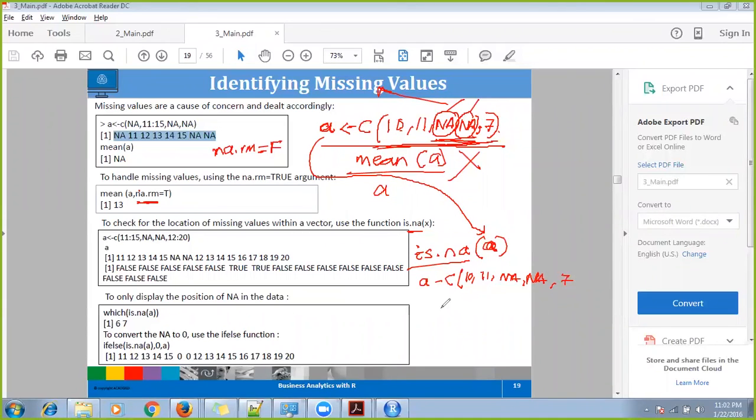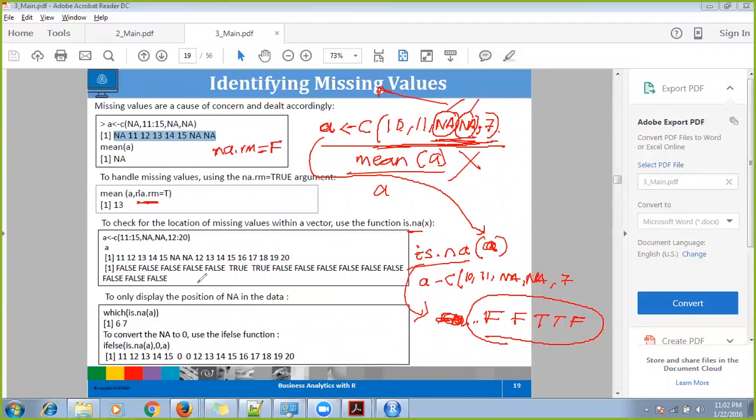So is.na will return FALSE, and I'm just writing F for short. For 11 it is also FALSE. For NA, it will return TRUE, and for 7, it will again return FALSE. So it will return a logical vector saying FALSE, FALSE, TRUE, TRUE, FALSE. It will tell me which of the index values are missing.